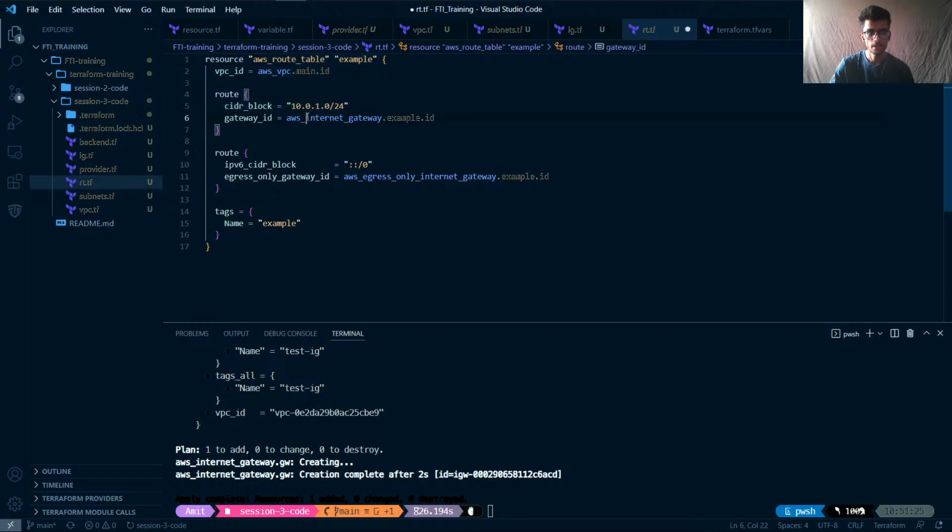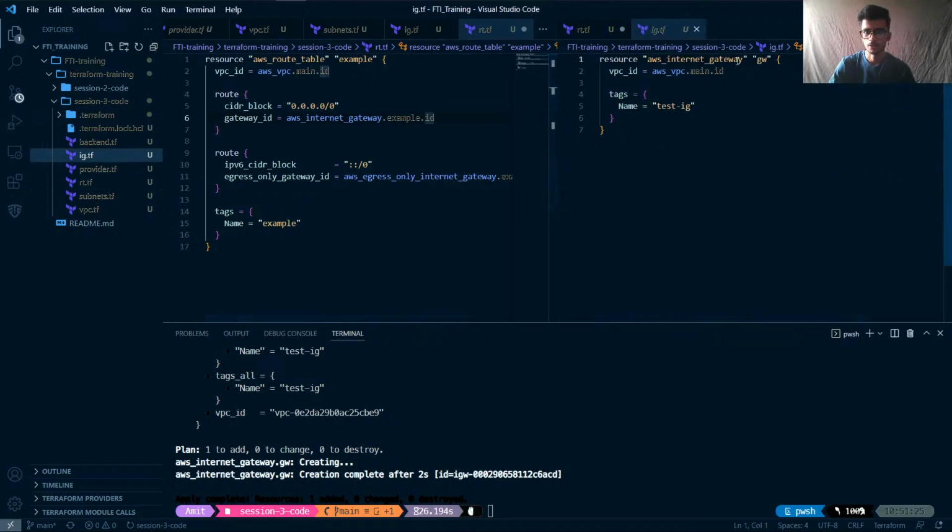So what I am doing is going inside this route table. I am telling it that I wanted to attach this route table to my VPC. This is my VPC, and the starting destination will be 0.0.0.0/0, meaning any destination. All the traffic, any destination, will be going to this VPC through your internet gateway. So if you go in the internet gateway,